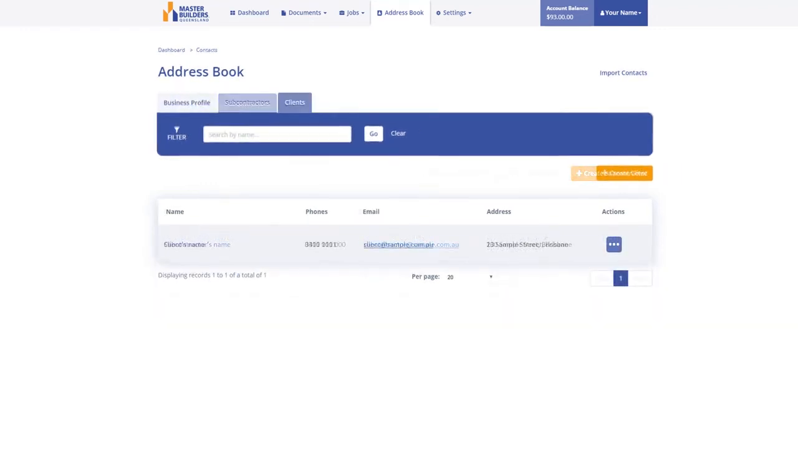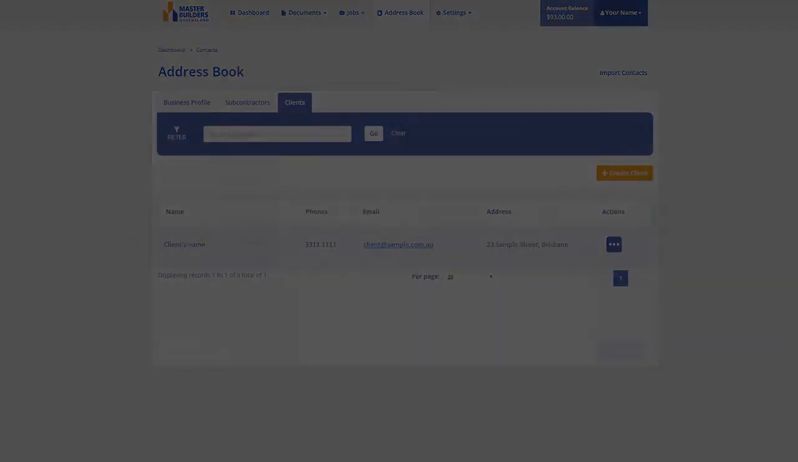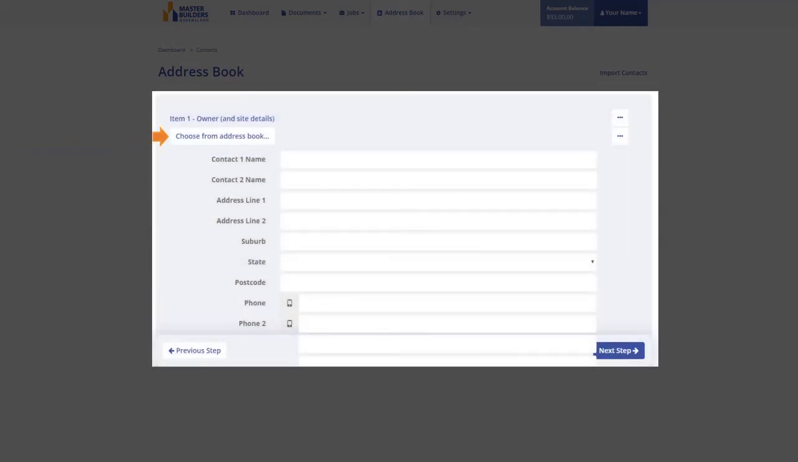Subcontractors and clients' details can be stored and kept up to date in eDocs for quick population into documents via the Choose from Address Book option in the document wizard. These details can be entered in advance via the address book using the Create button as you can see here, or they can also be added or edited on the fly through the document wizard whilst you are working on the document. Click on the Choose from Address Book button,